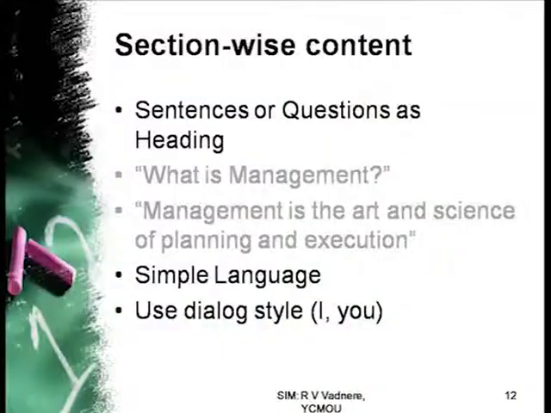Now, we have gone through the basic concept of the writing of the book. Now, let us go to the section wise content. When you are writing, since you have already written the introduction, you have already written the objectives, now you are writing the basic body of the content. How are you supposed to write that basic body of the content? You will be writing some headings. Now, how should the headings be?